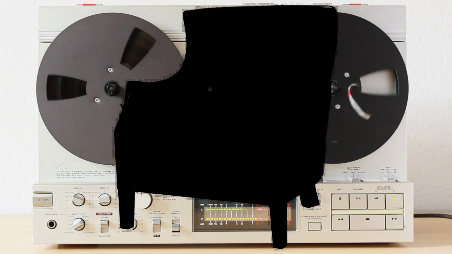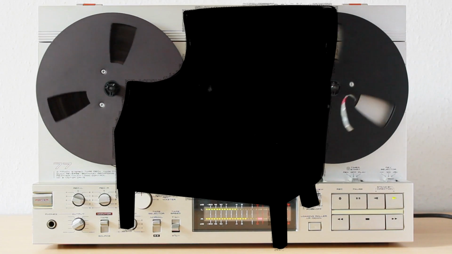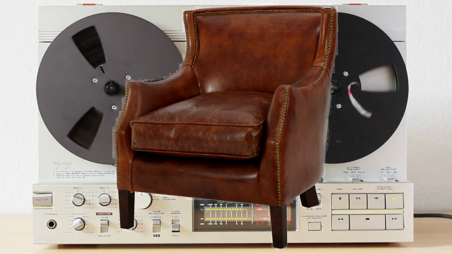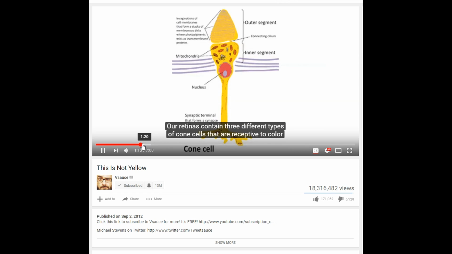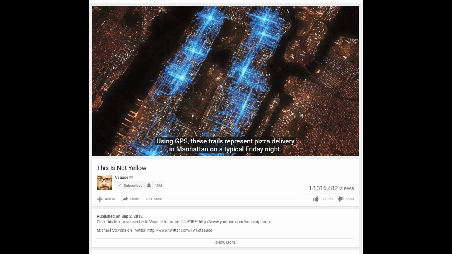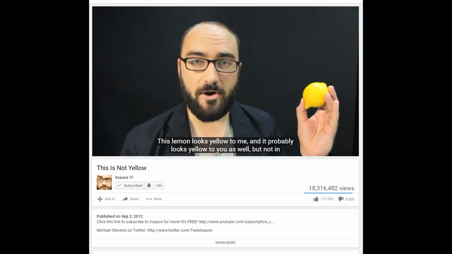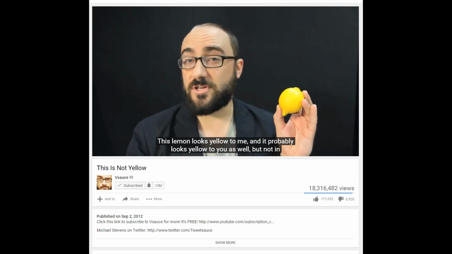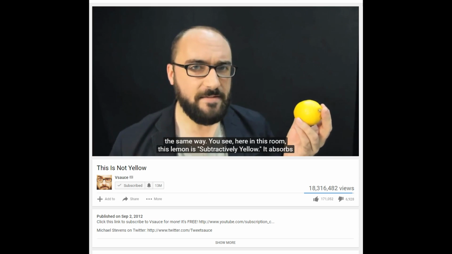If you were measuring it with scientific instruments but weren't directly looking at it, we would notice that it is a chair that absorbs all but a particular light wave, which in our case is brown light. There's a famous Vsauce video called This Is Not Yellow, which brings up the fact that he's holding a yellow object in a video, but your screen cannot produce the color yellow directly. It has to trick your brain. So it's the interpretation that allows us to see yellow. And this is why color is an observed phenomenon. Similar to color, sound is an observed phenomenon.